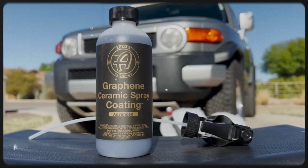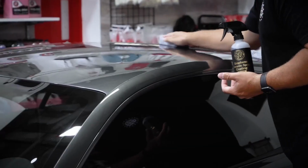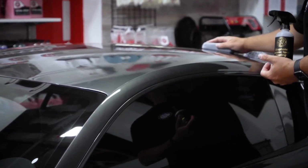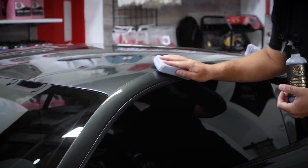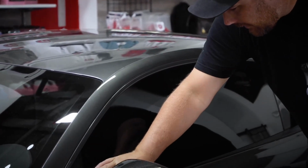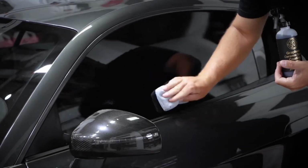The unique graphene chemistry allows the product to bond strongly with surfaces, helping extend the life of the finish while preserving color vibrancy. It leaves behind a mirror-like gloss that improves the overall look of the vehicle and provides protection against harsh environmental elements. With proper application, the coating can maintain its effect for an extended period, reducing the need